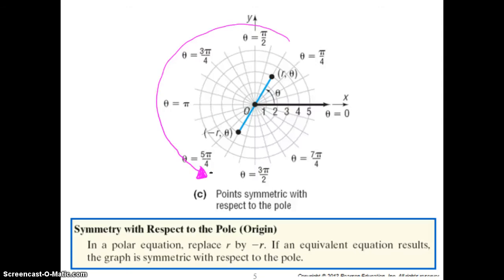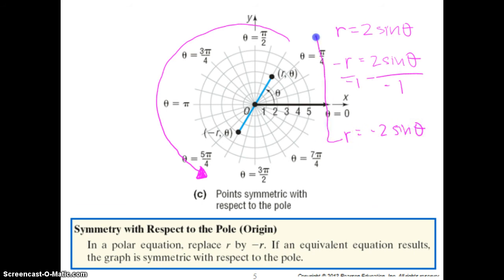So to determine whether or not a graph is symmetrical with respect to the pole, this is the easiest one. And the one that you'll find most often doesn't work, is where you replace r by negative r. So in this case, if we're using r equals 2 sine theta, we're going to replace r by negative r. Negative r equals 2 sine theta. And to get r by itself, we'll divide both sides by negative 1, and we get r equals negative 2 sine theta. Do you see that that does not match? Since it does not match, we know it is not necessarily